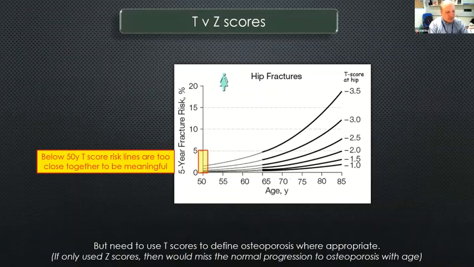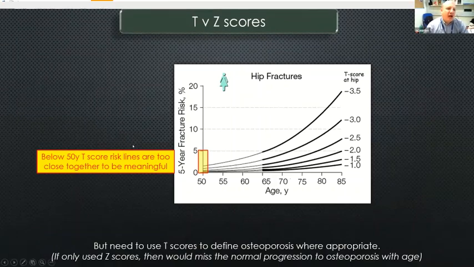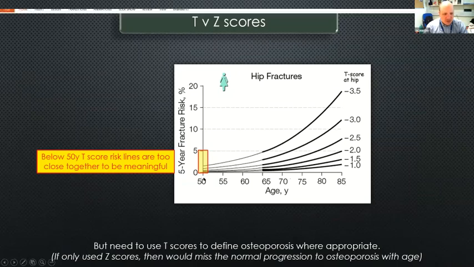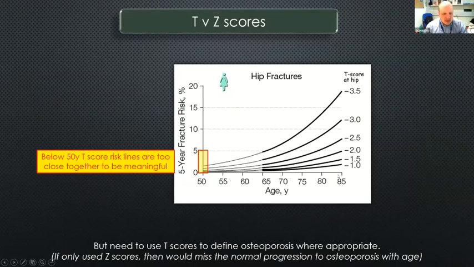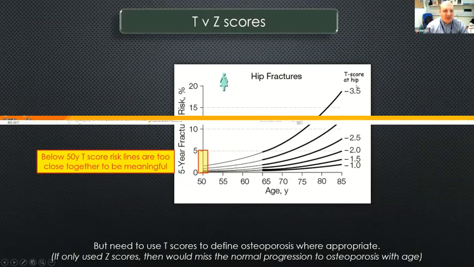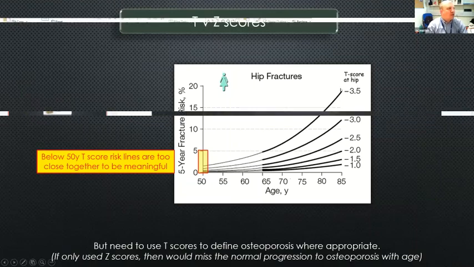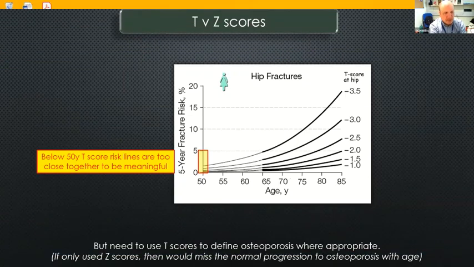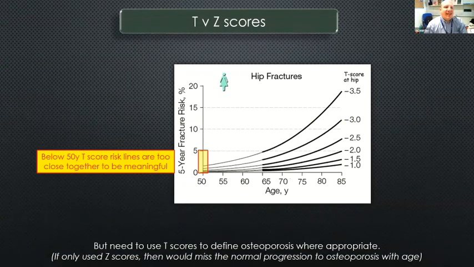So here is a graph of 5-year fracture risk on the y-axis. So how likely they are to fracture in the next 5 years, according to age, between the age of 50 to 85, for different levels of T-score. So a T-score is comparing your bone mineral density to that of a 30-year-old female. Okay, so as you can see here,